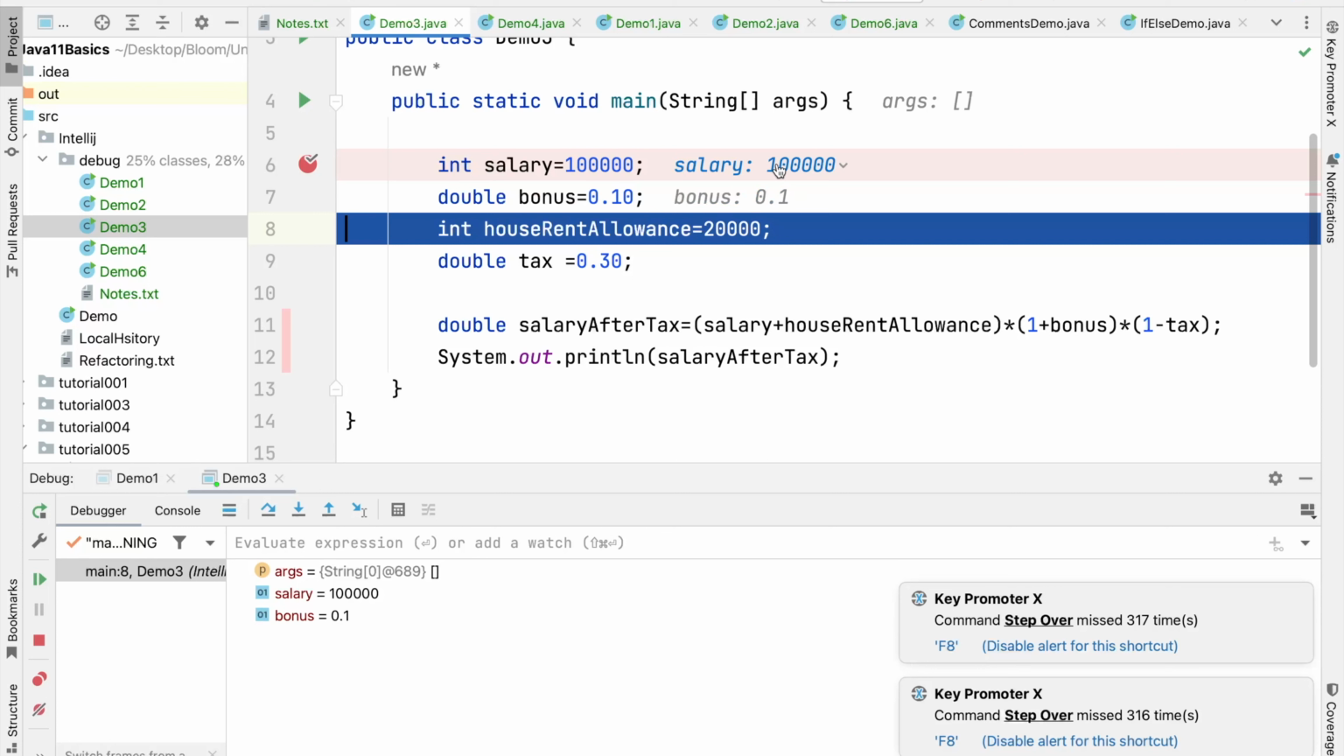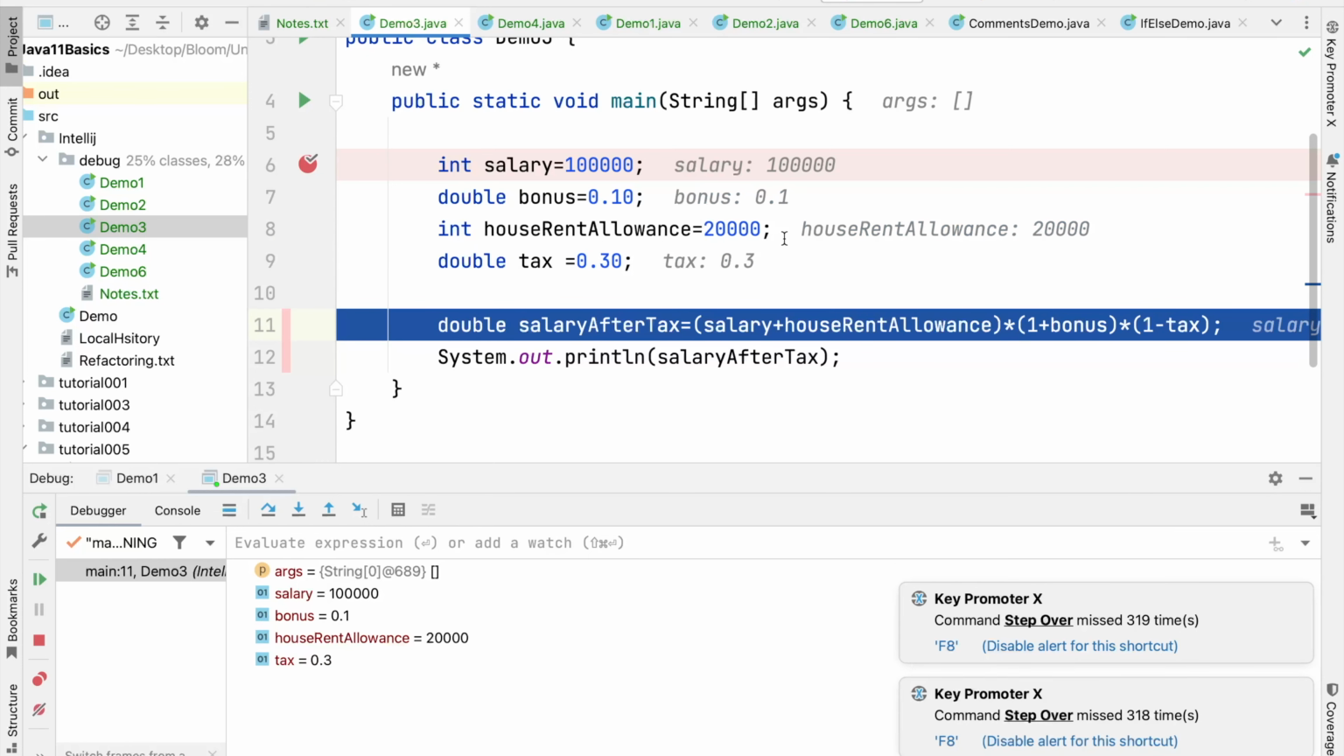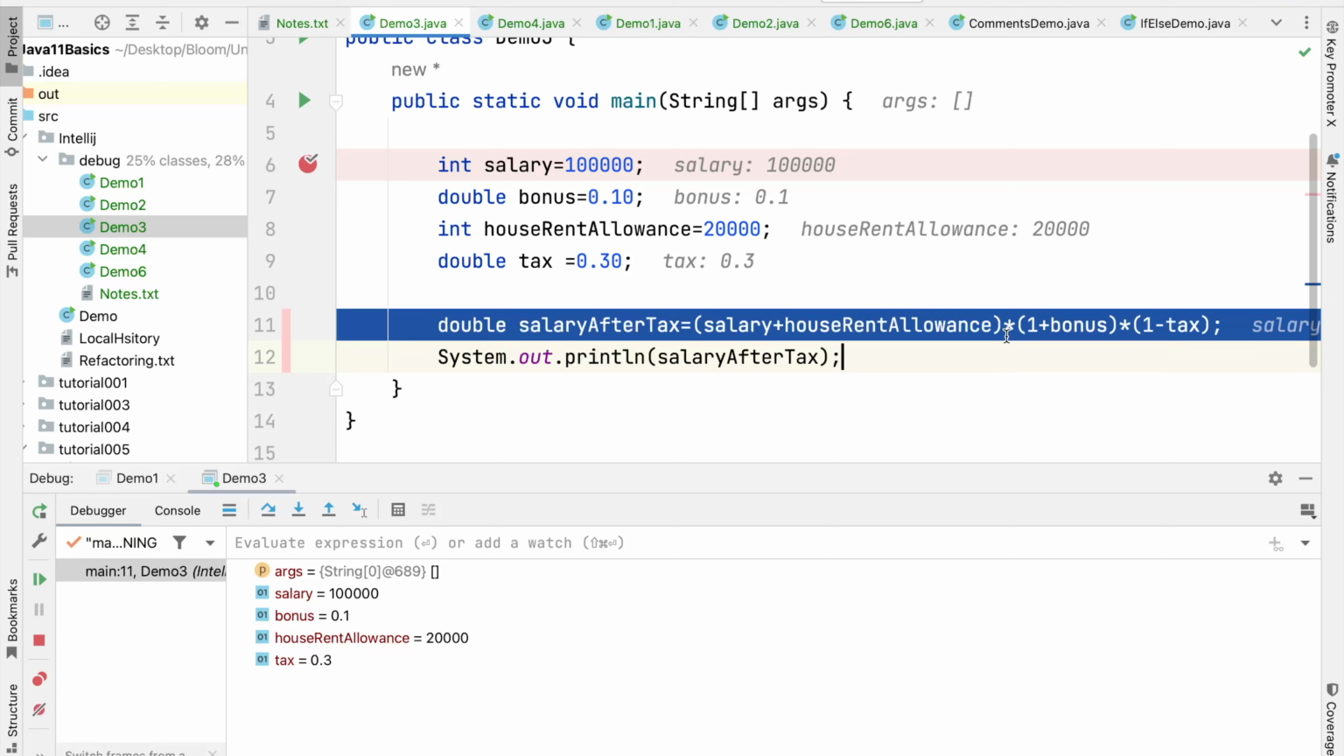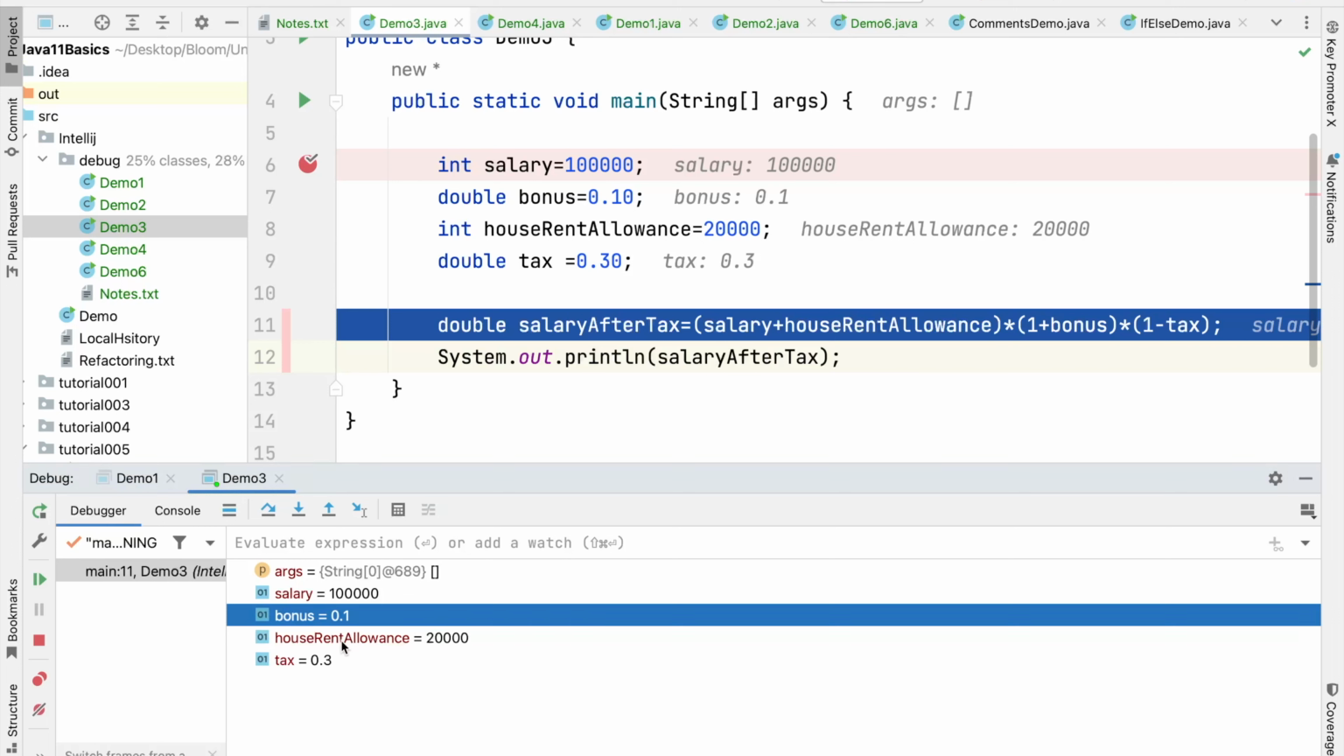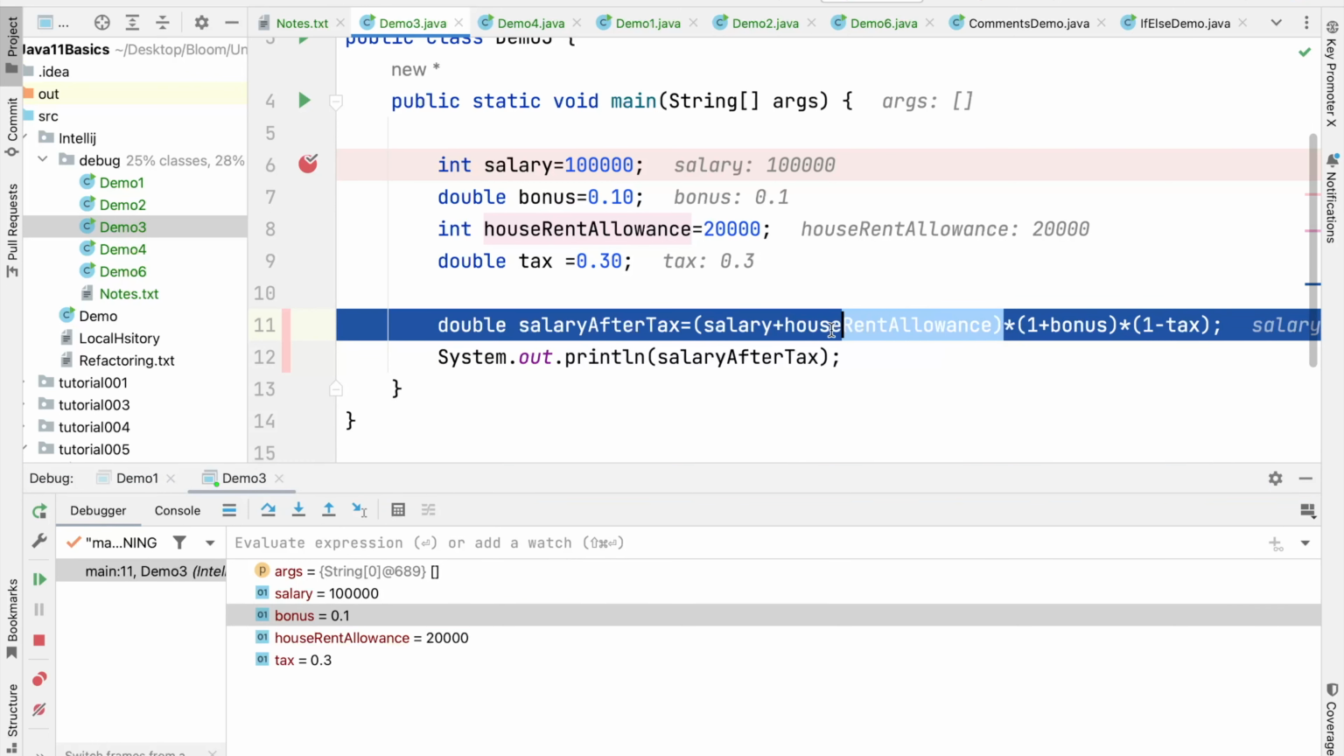I see that the salary variable is declared and a value is assigned to it. The bonus variable is declared, a value is assigned to it. I can see all the variables and their values. Now we have multiple calculations on the same line, and how do we deal with these? We can use the watches feature. Focus on this variables window, it holds all the variables and their current values. I can click on add a watch, and it also gives me an option from here. So I can select this part from here,